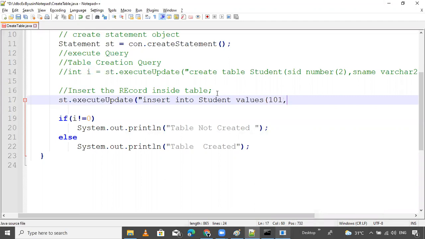And student name is, suppose Rohit, and address is, suppose Delhi, not Assam. Suppose Delhi. That's Delhi.